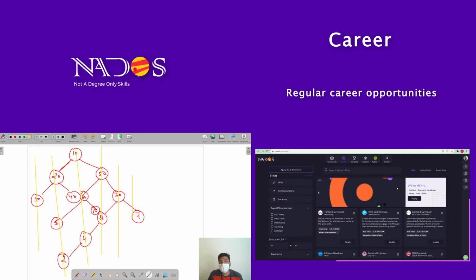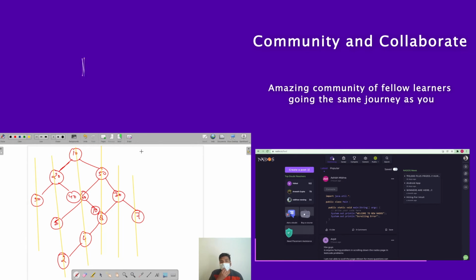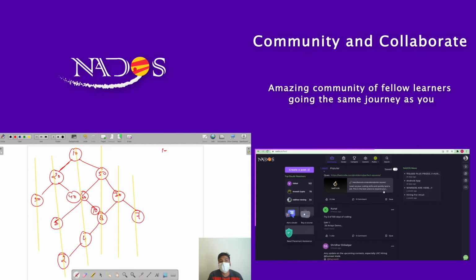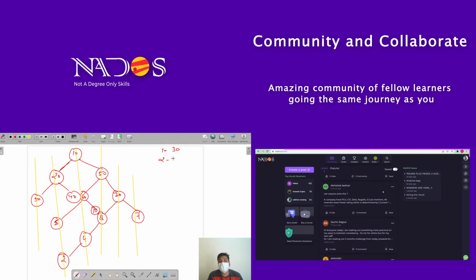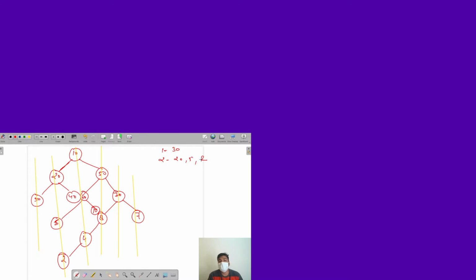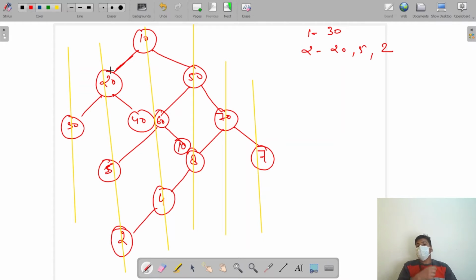So the output will be printed in such a way that the first level says I have 30, the second says I have 20, 5 and 2. This vertical order matters: the one that comes first in the vertical line will come first. And then in the third we have 10, then 40 and 60 are on